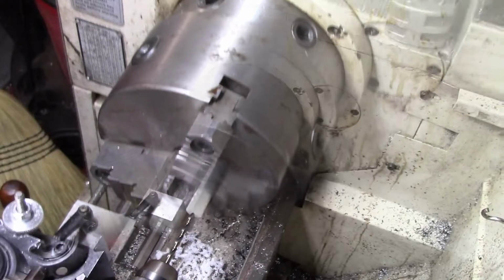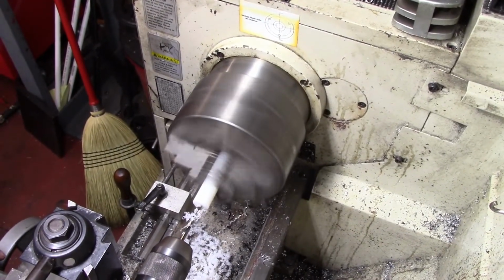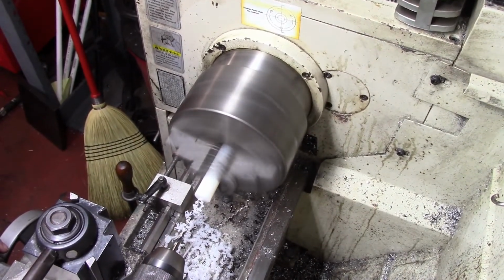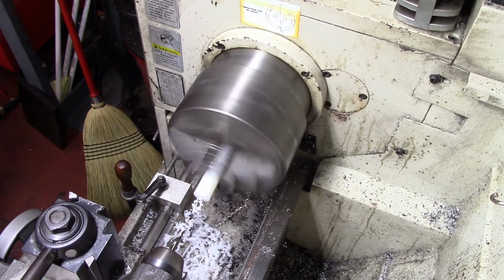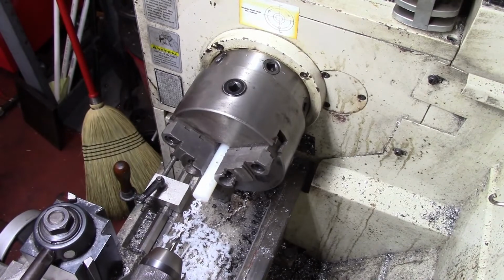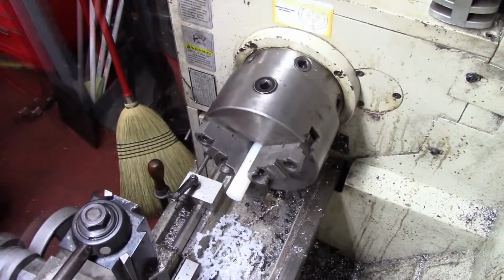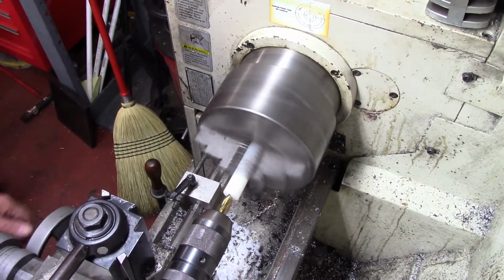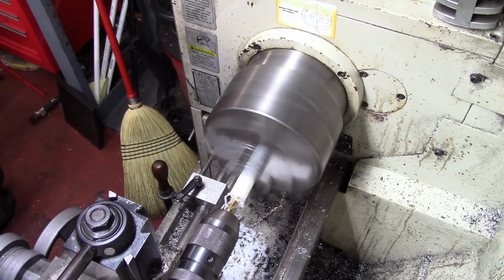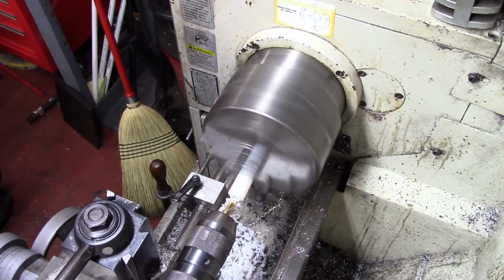Okie dokie. Now we have to make another bushing. So we're just going to take a clearance drill, drill a hole, and now I'm going to go back and I'm going to find an end mill to stick in here. We're just going to take an end mill and make us a relief here. I know this isn't proper technique sometimes, but for what I'm doing, it's going to work just fine. We're just going to go in there, take us an end mill, try to get us a little bit of relief